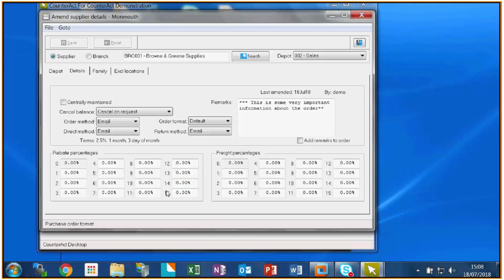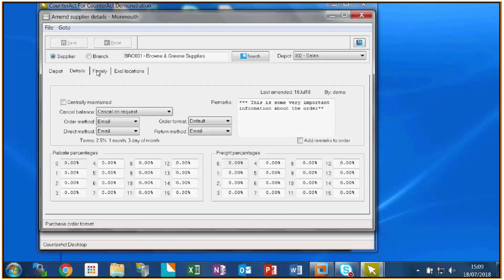These two boxes are irrelevant to ordering. We covered rebates in the previous webinar that we did, and freight percentages are just the opposite to rebates. They're where amounts are regularly added in, and you want stock to always have additional amounts added to it if you live in Jersey or the Isle of Wight or somewhere. It becomes quite a useful thing, but those boxes look far more significant than they really are. Right, moving on